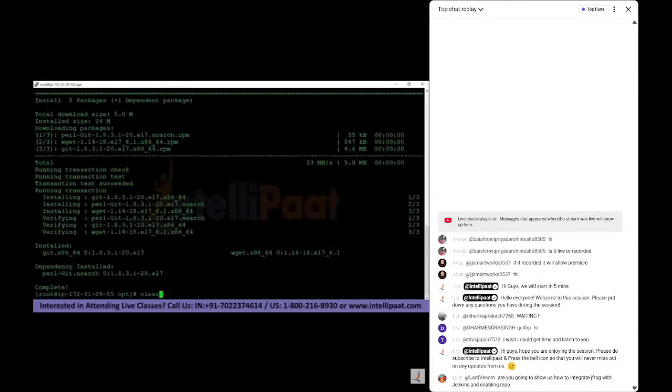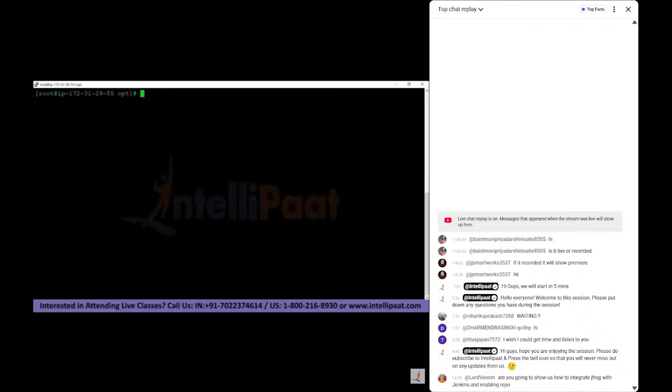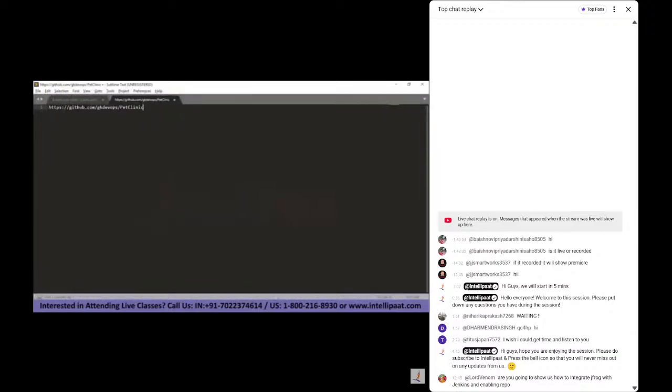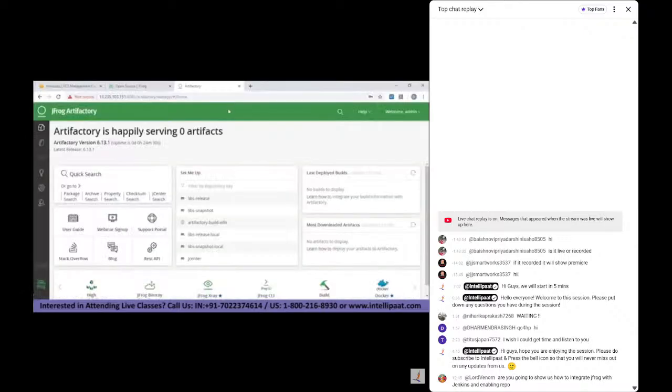Okay, now we've installed Git and wget. Now let us get our sample code. For that, we'll need to get the repository URL. For that, we'll need to go over here. You'll need this link: github.com/gkdevops/petclinic. This is where our sample code is located in GitHub. We'll go to our